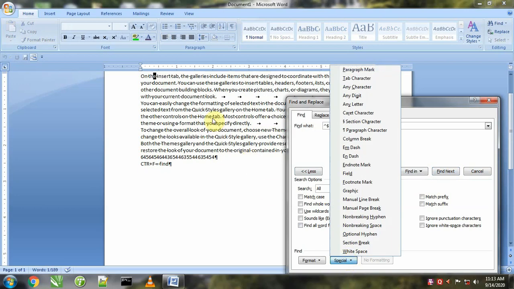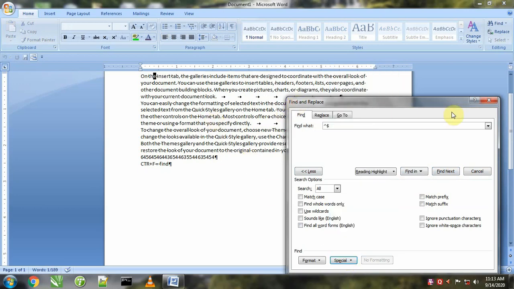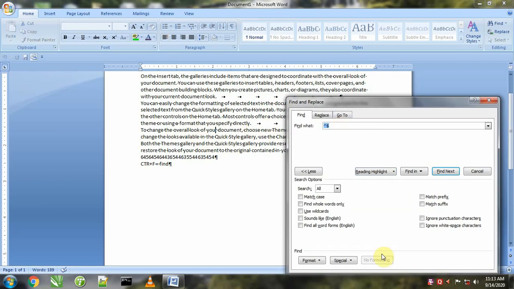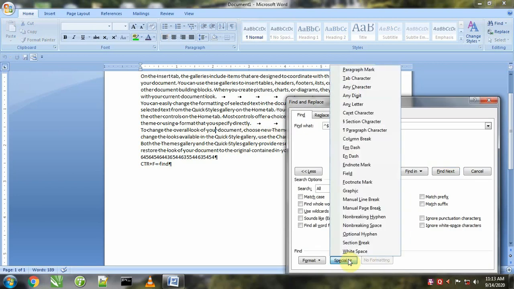So like this we can search some special characters, paragraph marks, tab, space. We can look for space also like this. I think that command is present in it. White space.